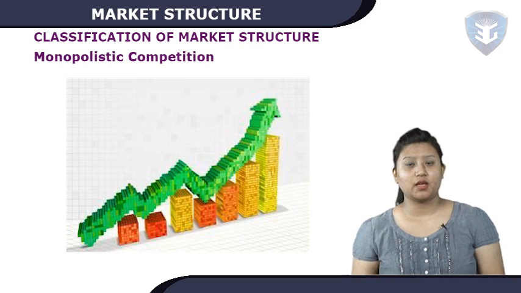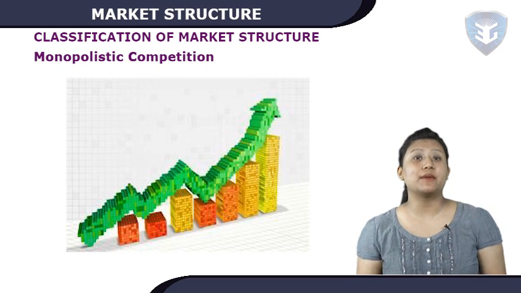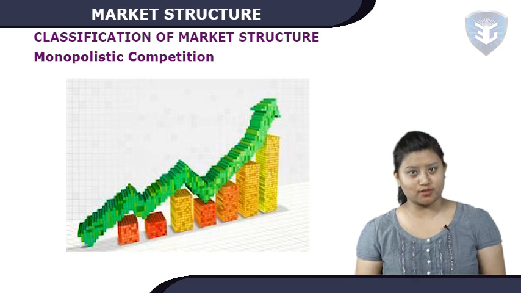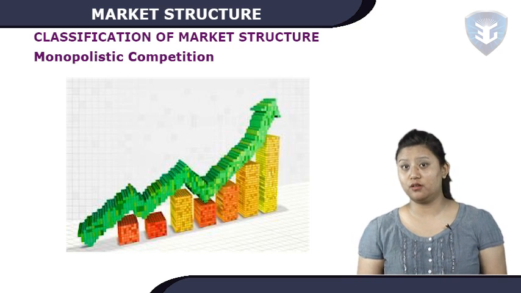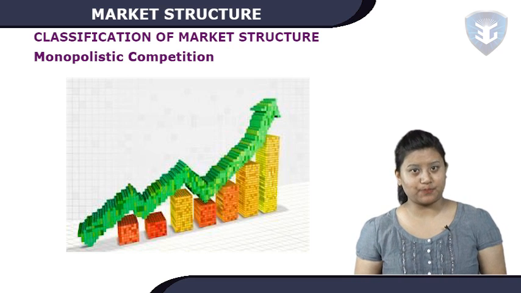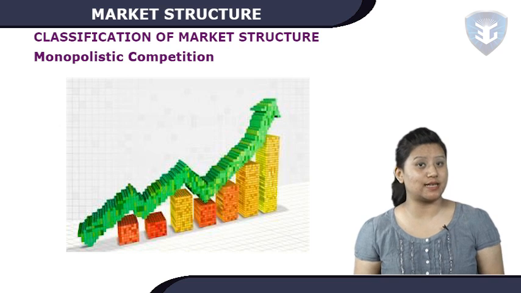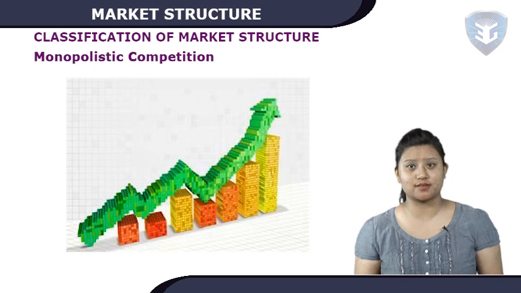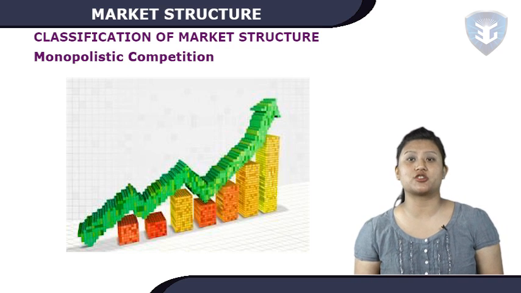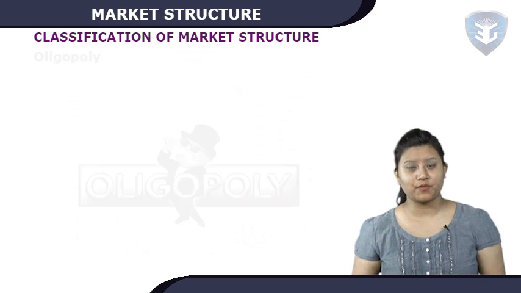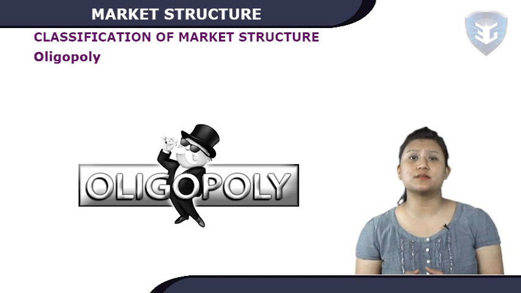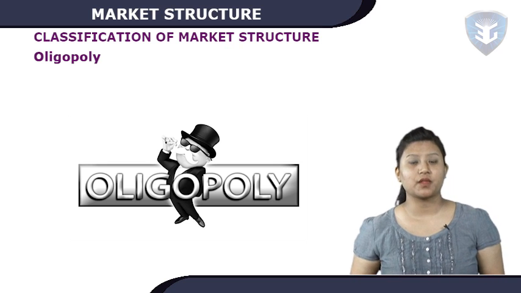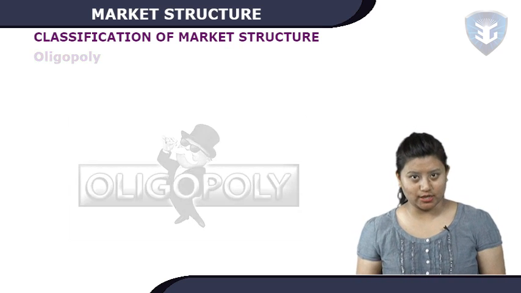Monopolistic competition. It was coined by E.H. Chamberlin, and implies a market structure with a large number of firms selling differentiated products. The differentiation may be real or is perceived so by the customers. Two brands of soaps may just be identical but perceived by customers as different on some fancy dimensions like freshness. Firms in such a market structure have some control over price. Oligopoly. Oligopoly is a market structure in which a small number of firms account for the whole industry's output. The product may or may not be differentiated.